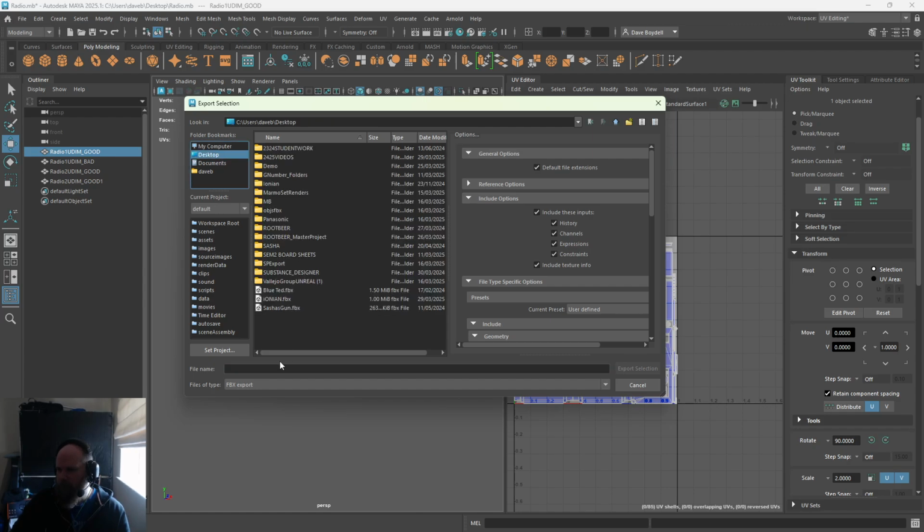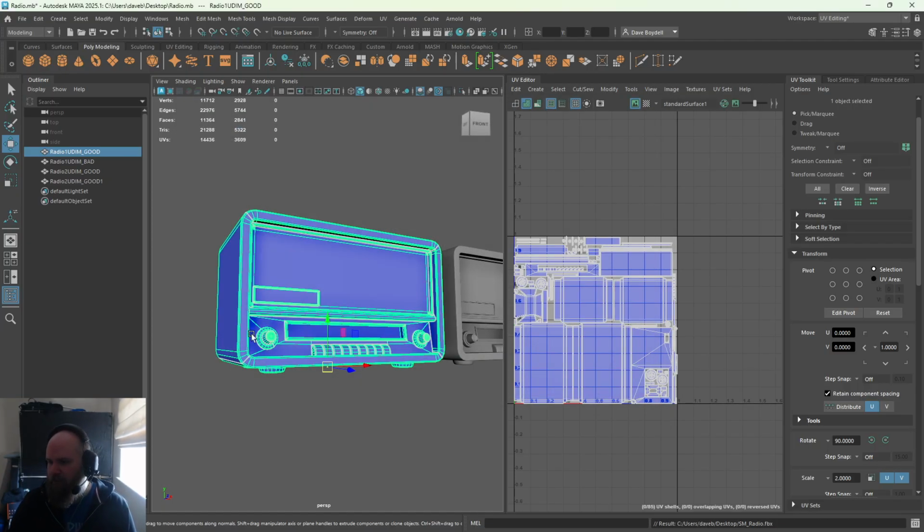I'm just going to call this radio. Oh, well, it'll be SM, because it's a single mesh, or static mesh, sorry. Static mesh radio. And obviously I'm putting this on the desktop, but you would put this into your Maya project folder. There we go. Right, so now if I go back to Painter,